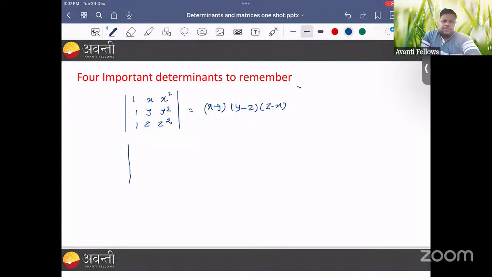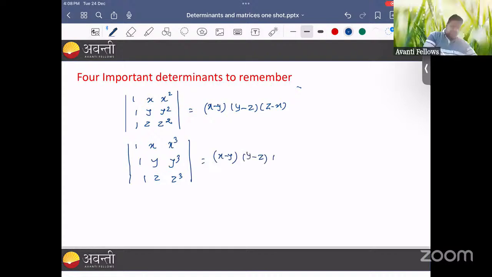Next one is the determinant x cube, 1, y cube, 1, z. This is equal to (x minus y)(y minus z)(z minus x) into (x plus y plus z). Am I clear? Now third one is the determinant